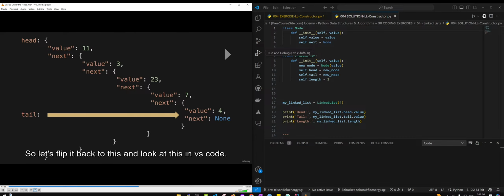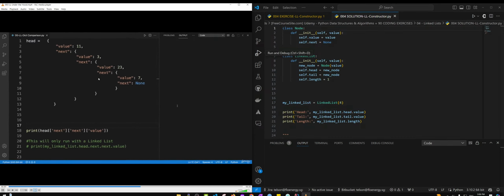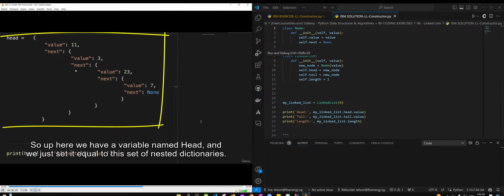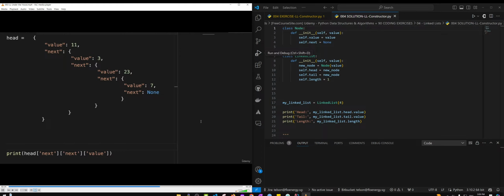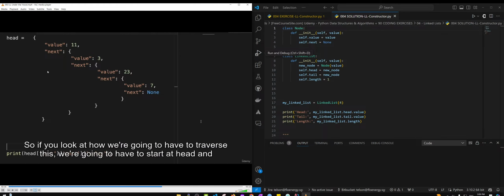And look at this in VS Code. So up here we have a variable named head, and we just set it equal to this set of nested dictionaries. So I have a line down here of code that is going to print out the number 23 right here. So if you look at how we're going to have to traverse this, we're going to have to start at head, and then we're going to say,